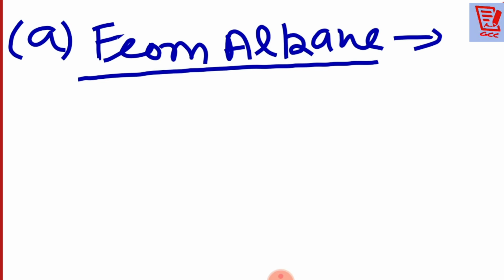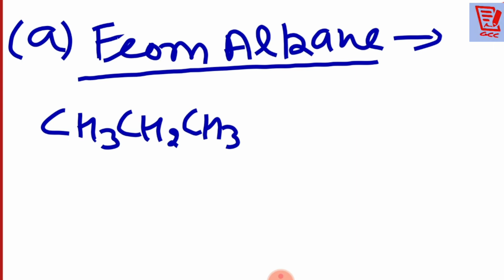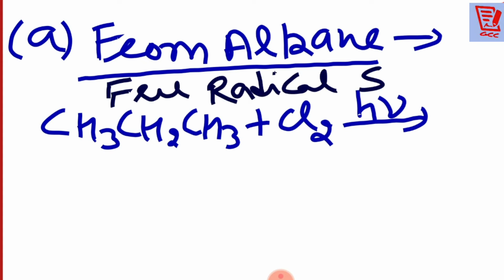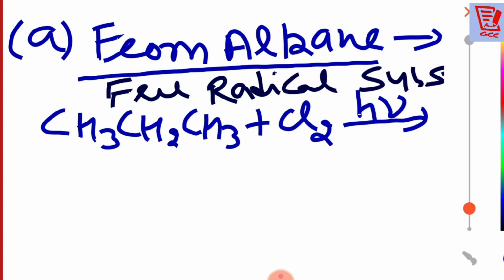अब क्या करना है इसमें alkane में, देखो प्लीज ध्यान से all of you. Suppose I am writing CH3CH2CH3, this is alkane, and I am using Cl2 in the presence of sunlight. Remember one thing more: the reaction we are going to start with alkane is a free radical substitution reaction. Just remember it. Okay, so let's start now. See what is going to happen over there.